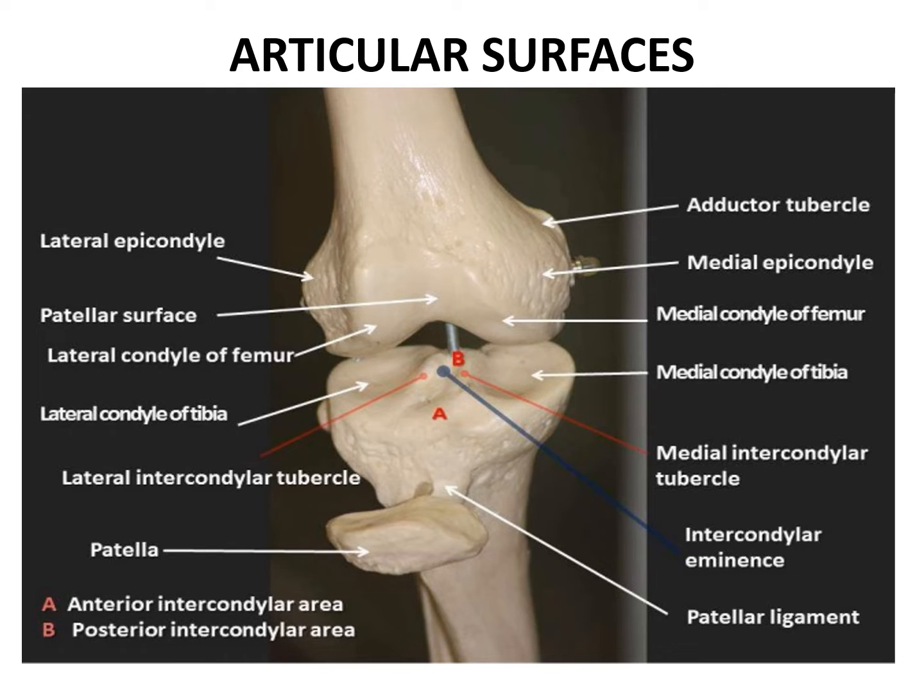In this slide, we will see the articular surfaces. You can observe here the condyles of the femur. Then this is the patellar articular surface, and these are the condyles of the tibia which participate in formation of the knee joint, and this is the posterior surface of the patella. So these are the articular surfaces.